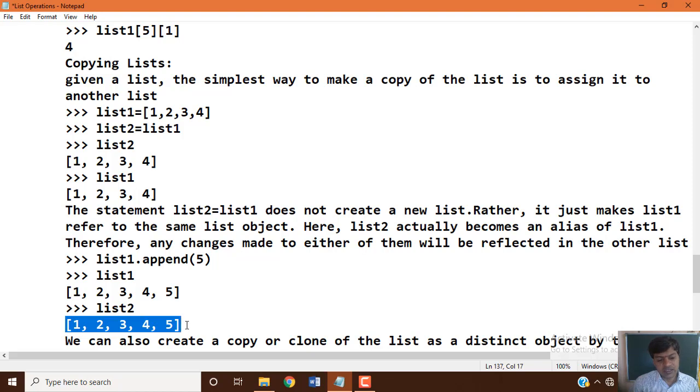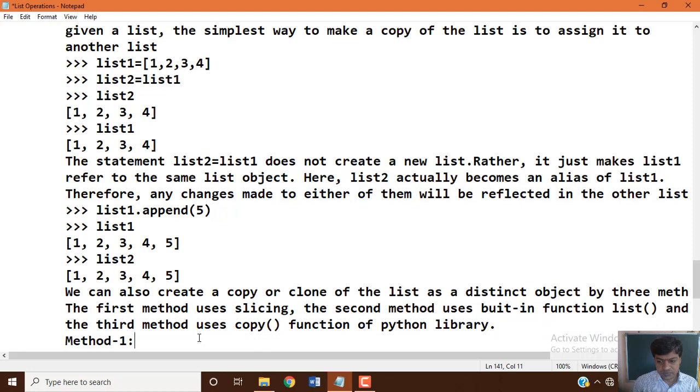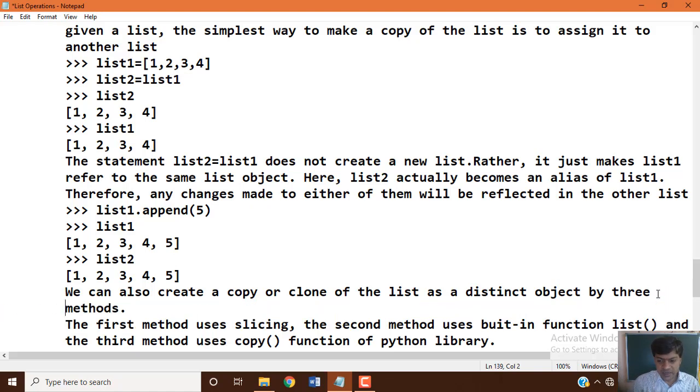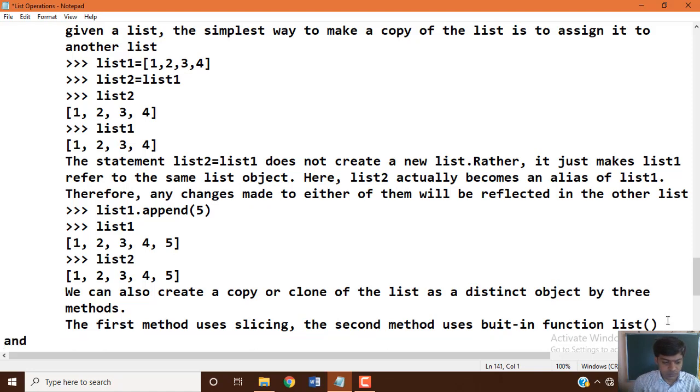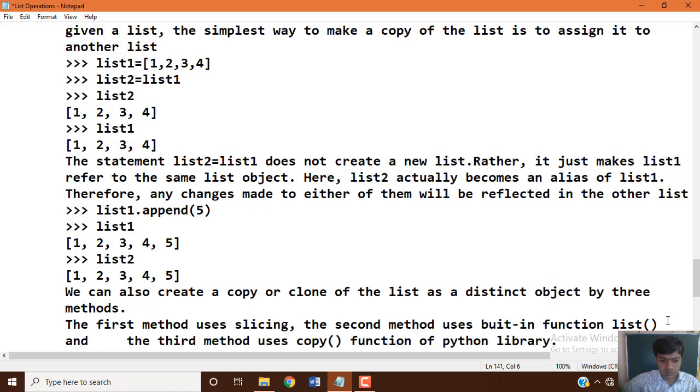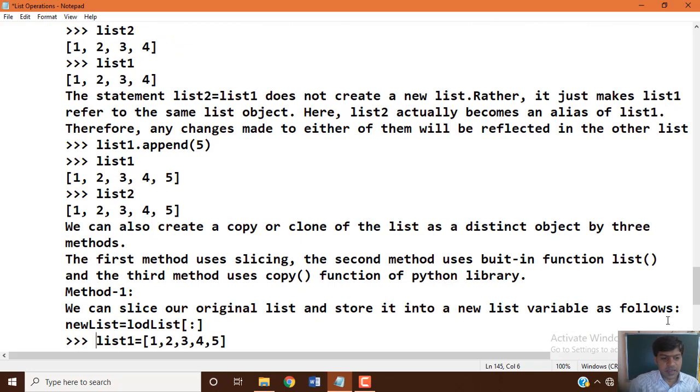Okay, so we can also create a copy or clone of the list as a distinct object by three methods.